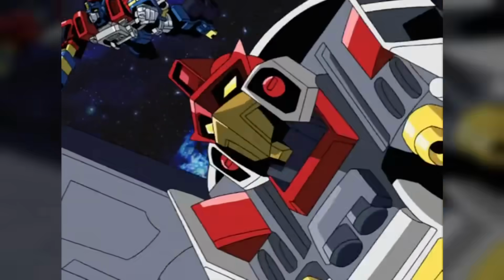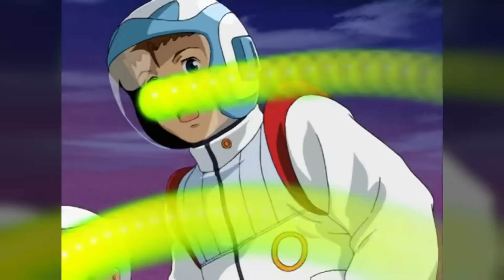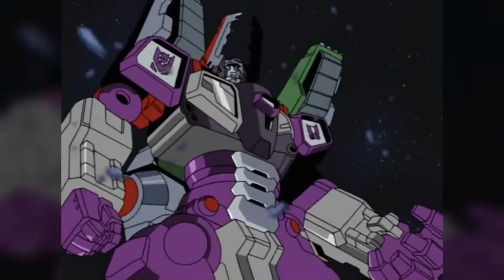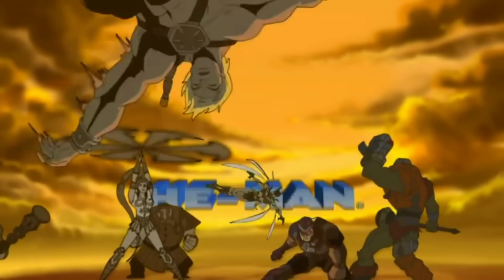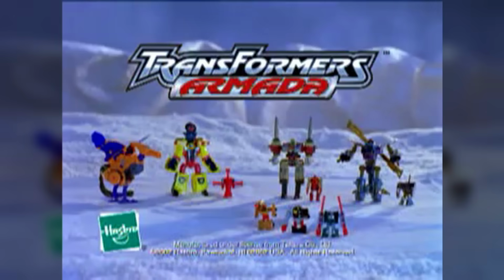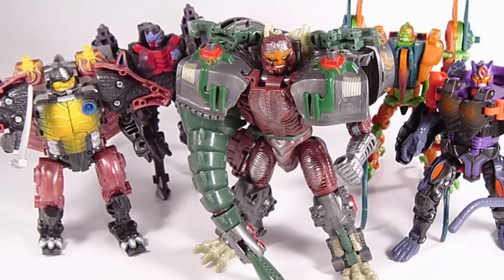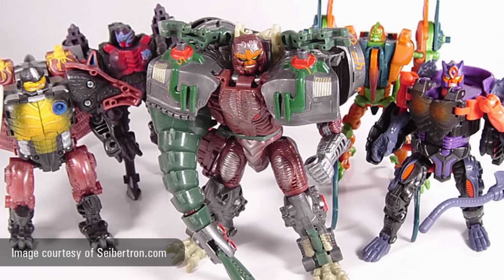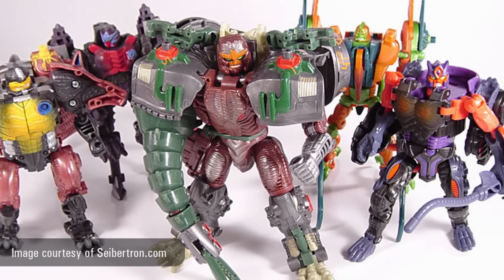adult fans found the show wanting compared not just to the comic book, but also to the new versions of other major childhood favourites that the 80s nostalgia boom brought about, like Teenage Mutant Ninja Turtles and Masters of the Universe. But adult fans ain't everything, and the success of Armada was the proof. The series was a huge seller, with figures flying off the shelves at such a rate that Hasbro had to throw in a bunch of recolored Beast Wars toys into the later waves in an attempt to meet the demand